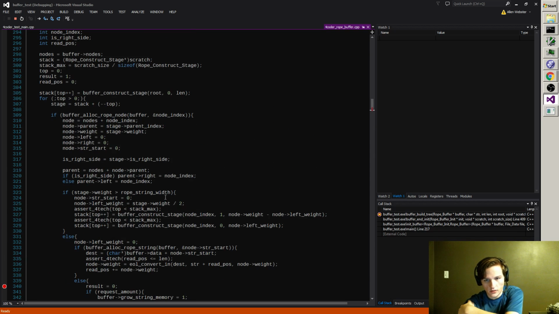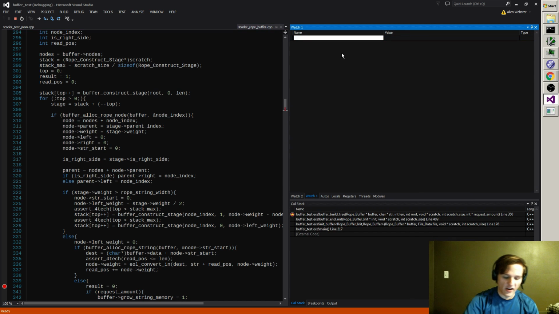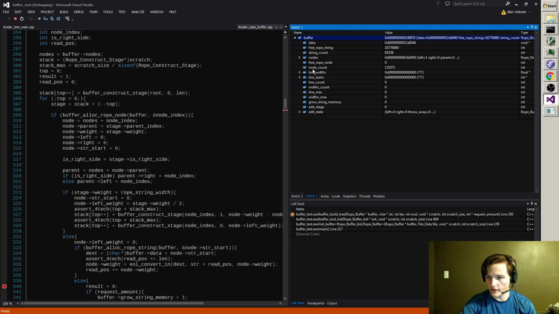Interesting. Obviously the buffer has a gigantic node count. So what is it? 131,000 nodes. And not a single free node left. Okay.